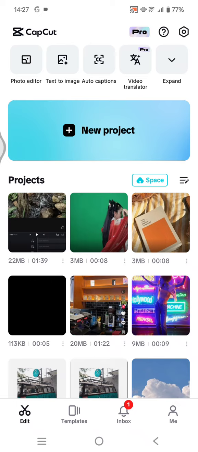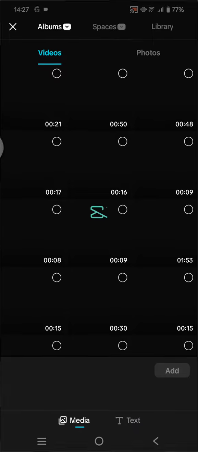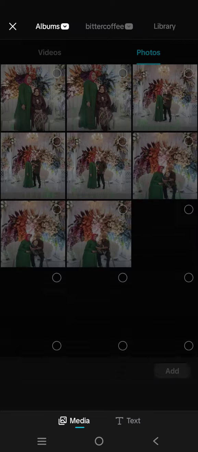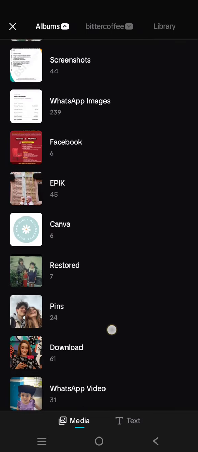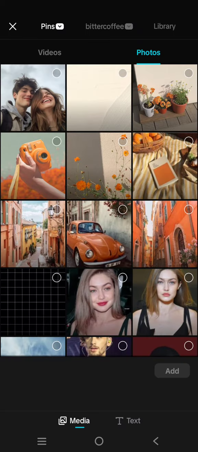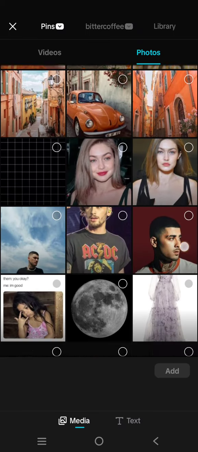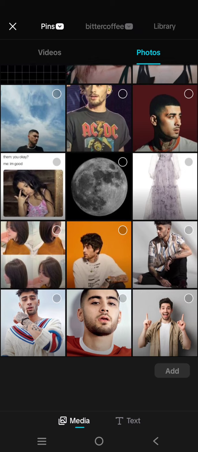On today's tutorial, I'm going to show you how you can use the retro 1980s AI filter effect in CapCut. So in here, you can just click on new project and then add the photos that you want to use to apply the AI filter. So let's say I'm going to use